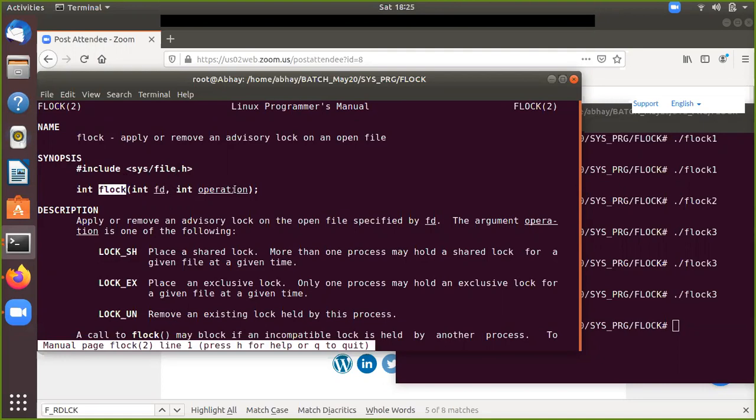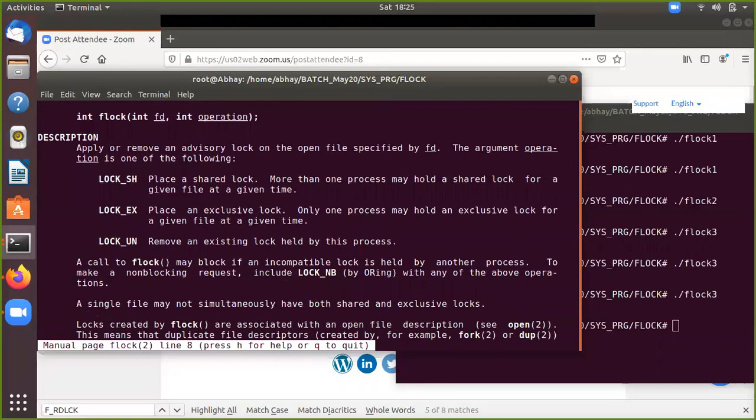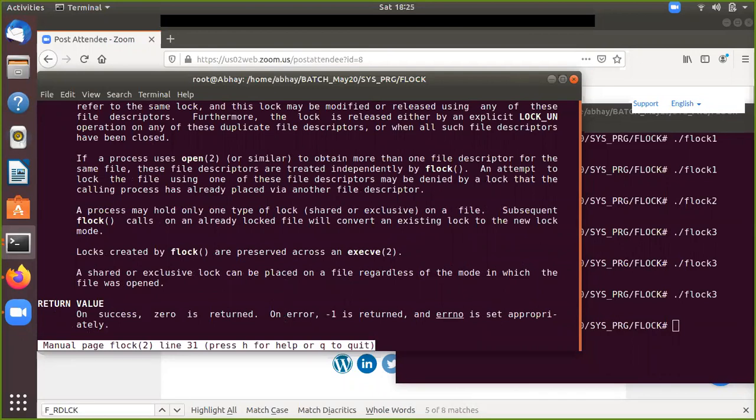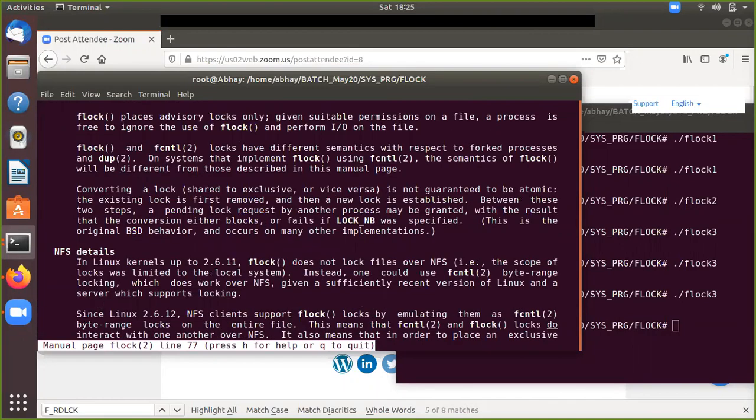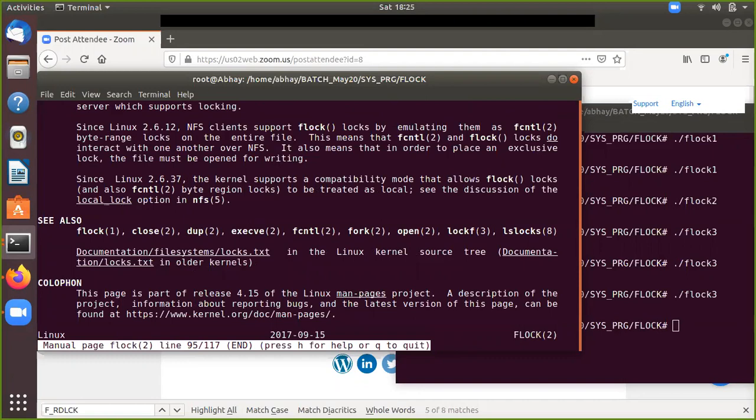The second one is the operation which we are talking about: LOCK_SH, LOCK_EX, LOCK_UN. LOCK_UN removes an existing lock held by this process. LOCK_NB is not mentioned there, but you can use that LOCK_NB also.